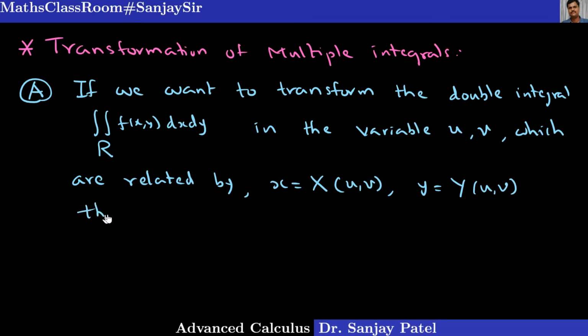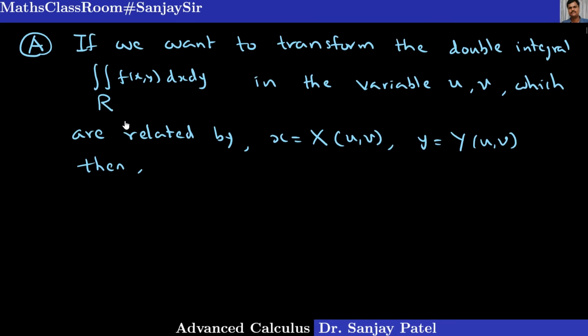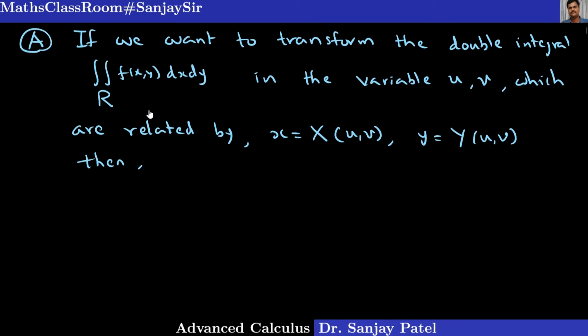Then the formula for transforming this double integral over the region R into the new variables u and v is given by